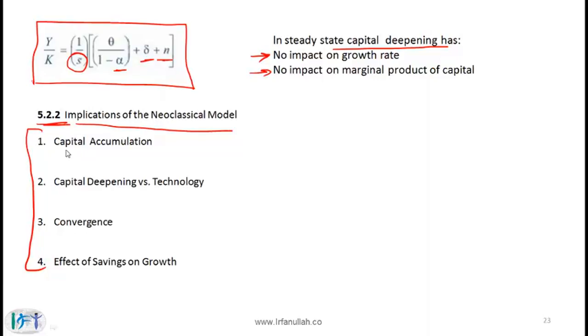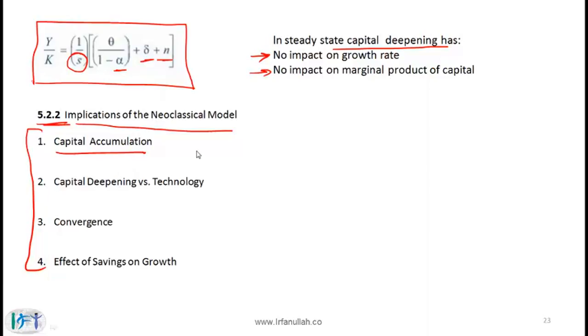So with regards to capital accumulation, the model says that capital accumulation affects the level of output but not the growth rate in the long run. B, regardless of its initial capital to labor ratio or initial level of productivity, a growing economy will move to a point of steady state growth. And point C under capital accumulation is that in steady state, the growth rate of output equals the rate of labor force growth plus the rate of growth in total factor productivity scaled by labor's share of income.